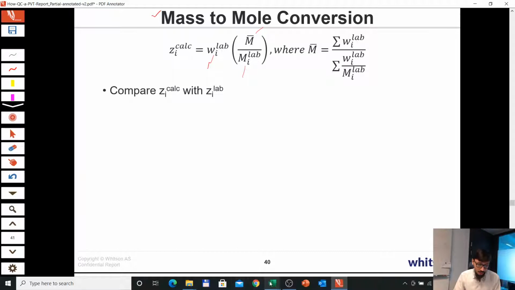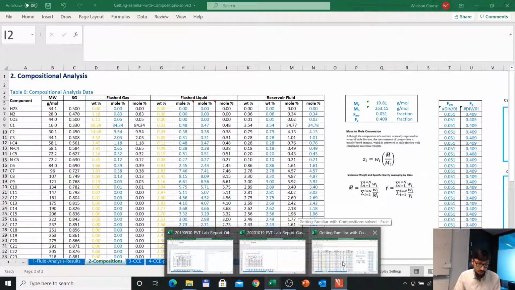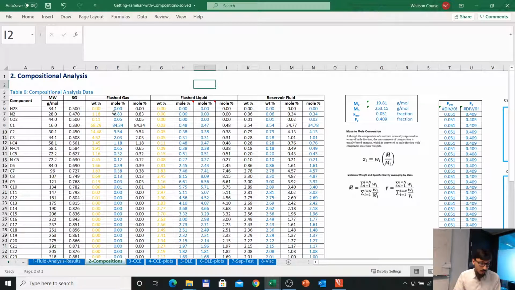Okay, so let's do a small recap of what Matthias went through in his lecture. This is the data from the oil PVT report, where we have a flash gas composition, a flash liquid composition, and a reservoir fluid. Matthias went through in detail what the flash gas and flash oil are. If you have a bottom hole sample or MDT sample, you have a pressurized fluid. The PVT lab first has to flash that liquid at some conditions, standard conditions or ambient lab conditions, to get the two products, the gas and oil, and they measure the compositions of those products